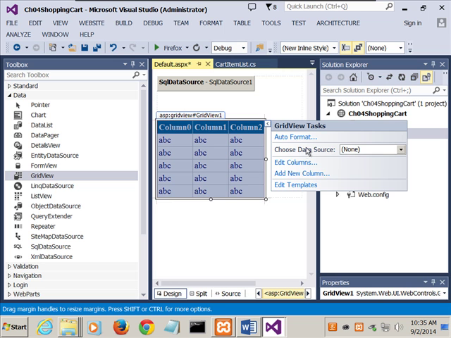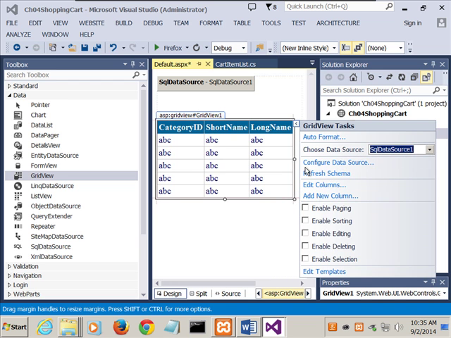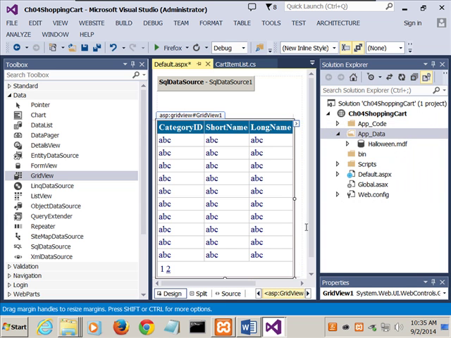Now that's changed. Now for choosing the data source, I can come down here and I can choose the one I just put in, SQL data source. Boom, that's all I did. This doesn't look any different, but notice I can enable all this other stuff, anything else that I want to enable. Paging, etc. So now if I come through here and I run the program,